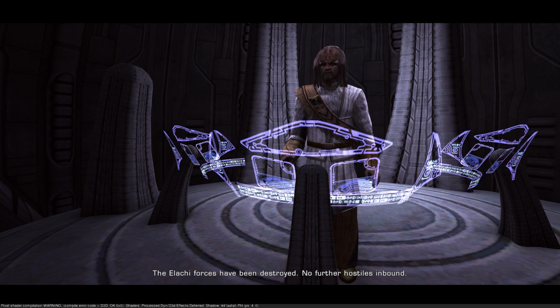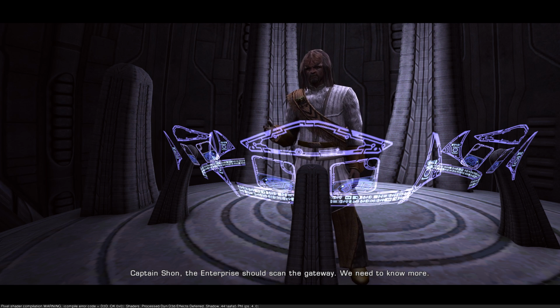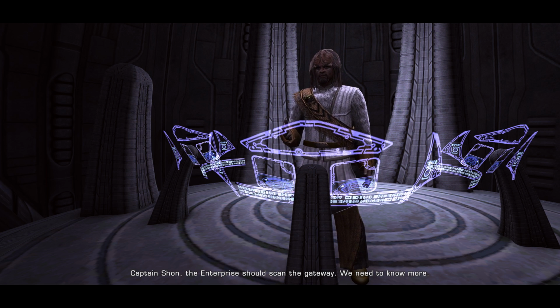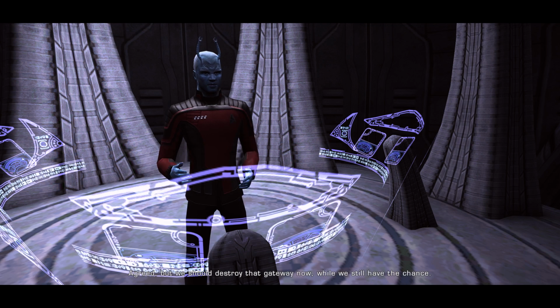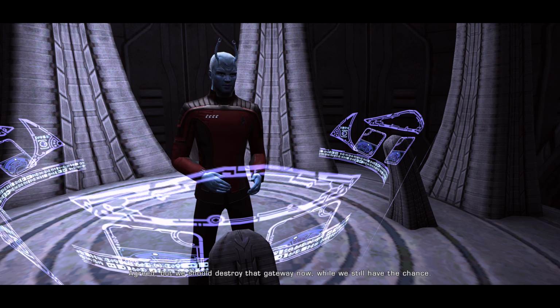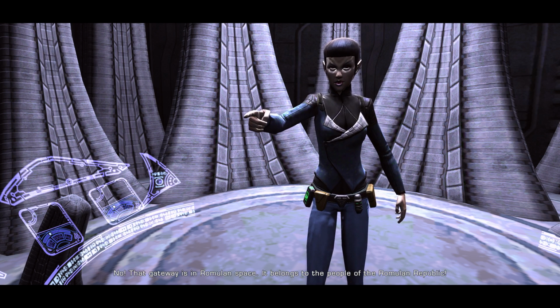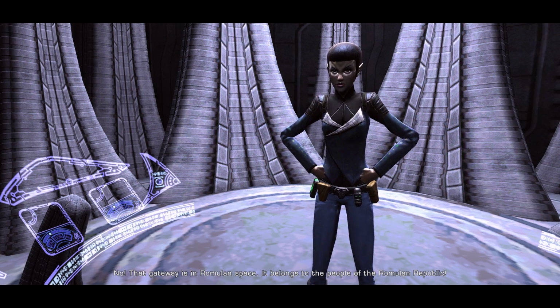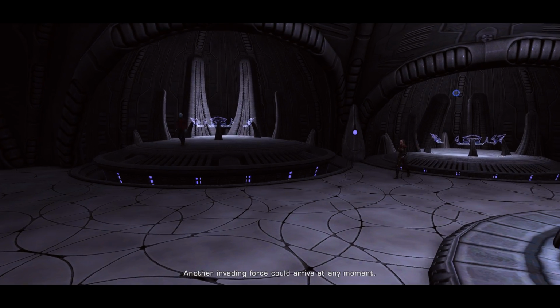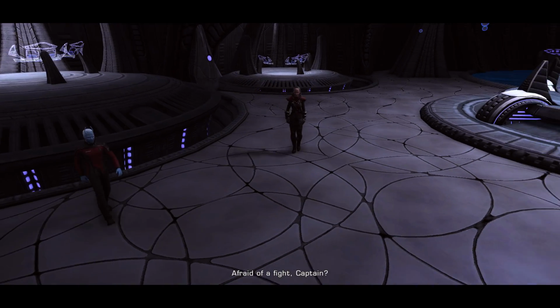No further hostiles inbound. Captain Shaw, the Enterprise should scan the gateway. We need to know more. Agreed. But we should destroy that gateway now, while we still have the chance. No! That gateway is in Romulan space. It belongs to the people of the Romulan Republic. Another invading force could arrive at any moment. Afraid of a fight,